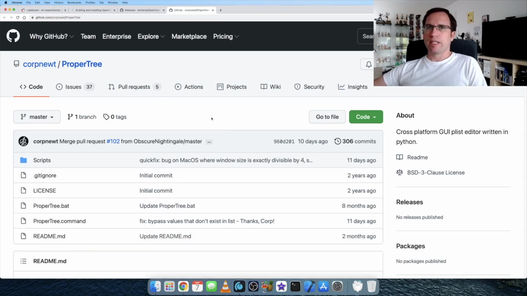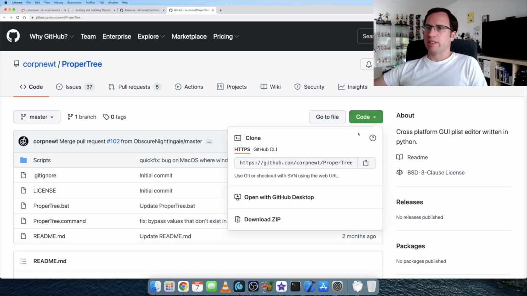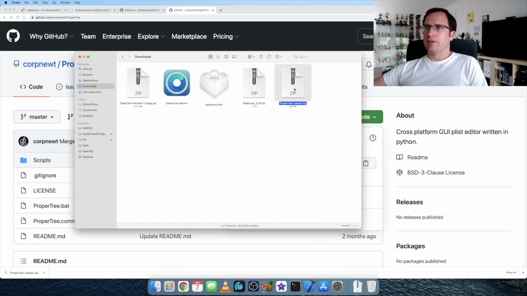So you come to the GitHub repository of ProperTree and you just click on the green Code button and say Download ZIP, and then you get this tool as well. There it is, double click, and you got the ProperTree master folder, they call it, here.